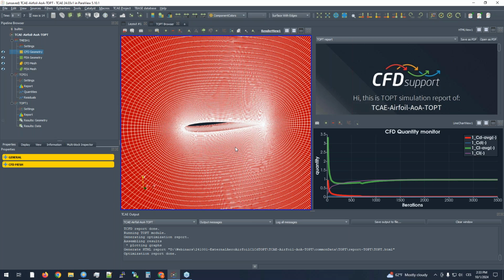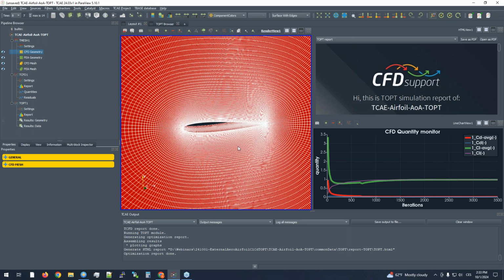So also this is possible in TCAE. You can prepare your CFD simulation, and by the TOpt module you can parameterize almost everything, and you can run a nice analysis for a wide range of applications or parameters and get very nice analysis. So let me quickly show you how this